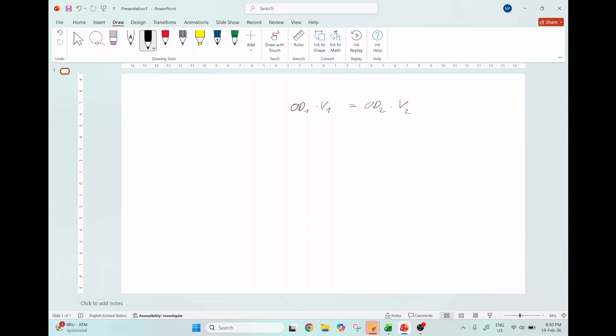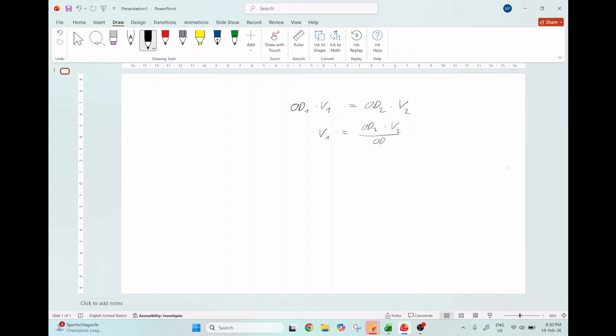So the 1 is what you already have, what you're going to dilute, and what you're interested in is the V1, the volume that you take out, to then make a new culture of volume 2 with OD2, and OD1 is what you measure. So we just solve for V1, and that's obviously OD2 times V2